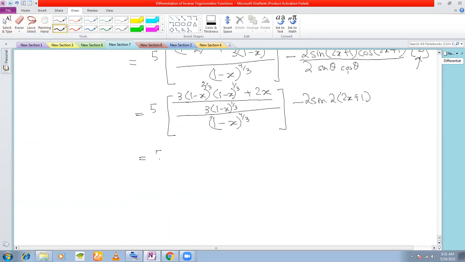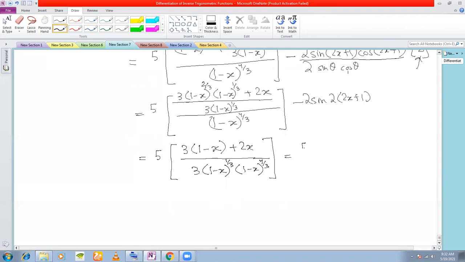So you get 5. Now you simplify this side. You get thrice (1 minus x) plus 2x. And this goes to the denominator to get thrice (1 minus x) to the power of 1/3 into (1 minus x) to the power of 4/3,